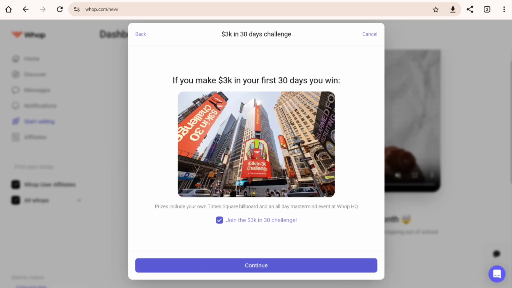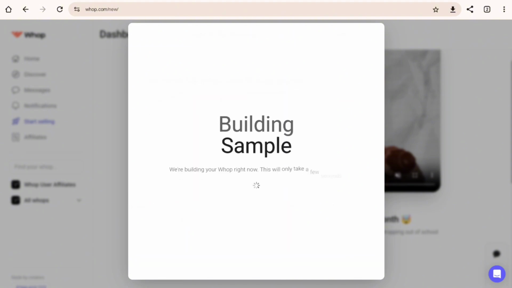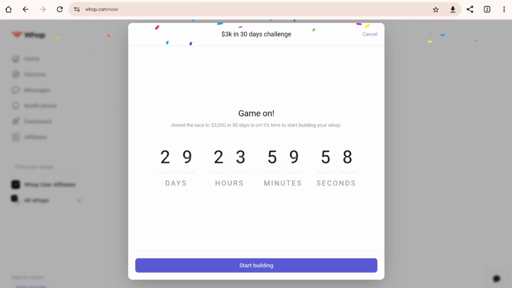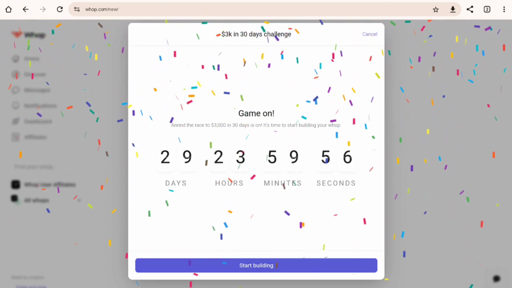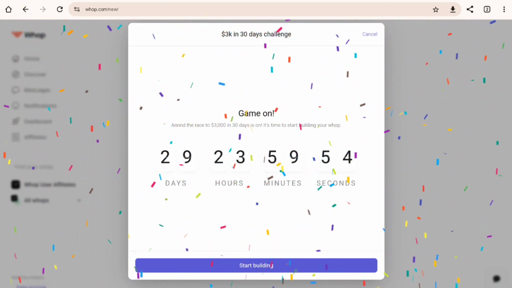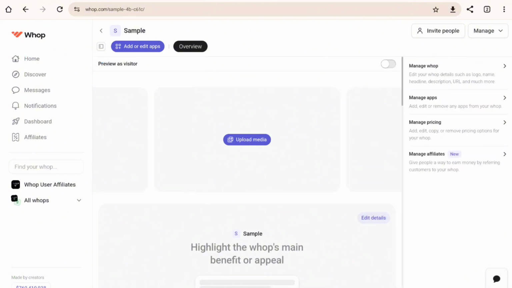You can go ahead and join the $3K in 30 challenge if you want to. Now after that, Whop will go ahead and build your organization. So in here, go ahead and hit on that Start Building button, and that will redirect you into your Whop organization dashboard. So on the right side, you'll be able to find the tools that you can use to actually